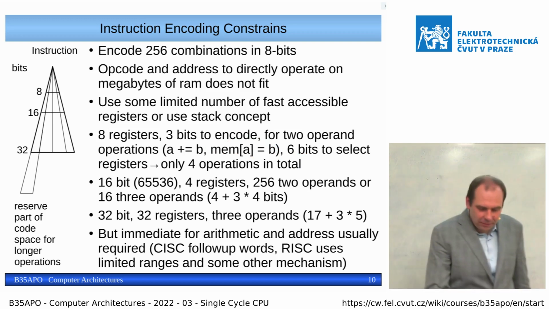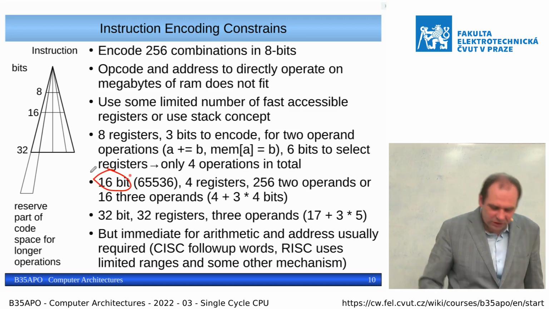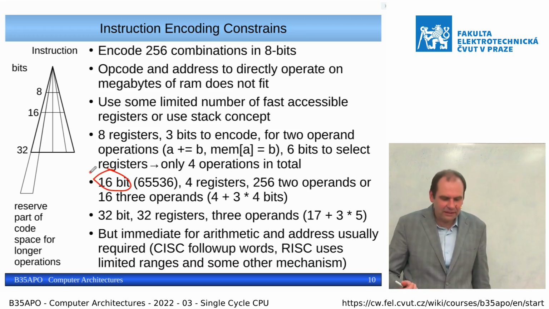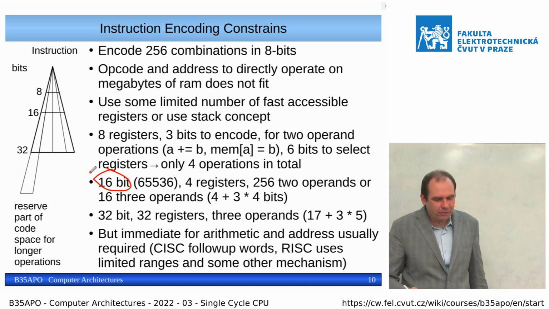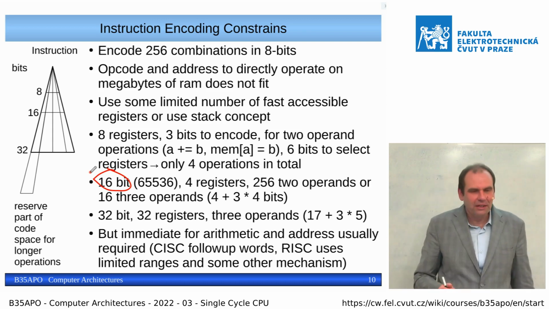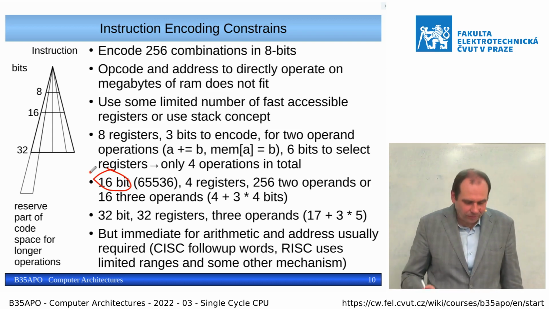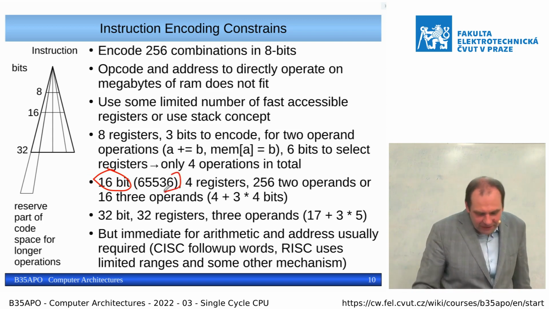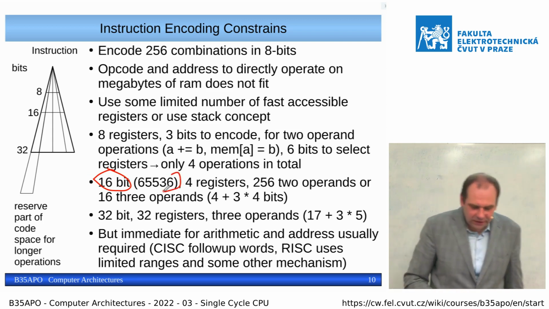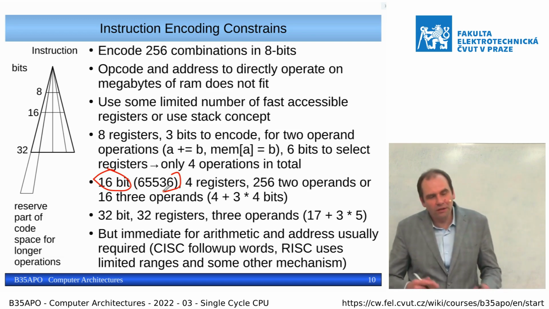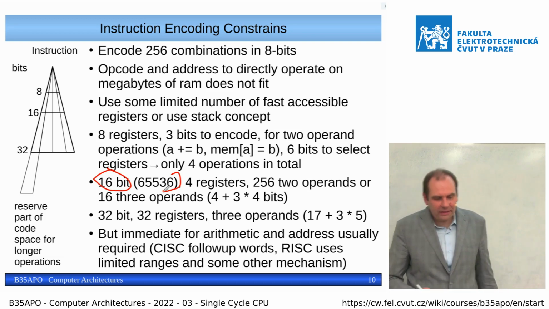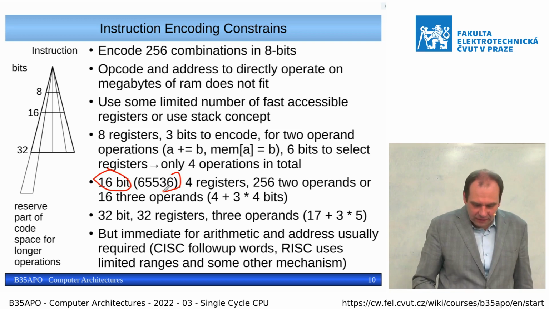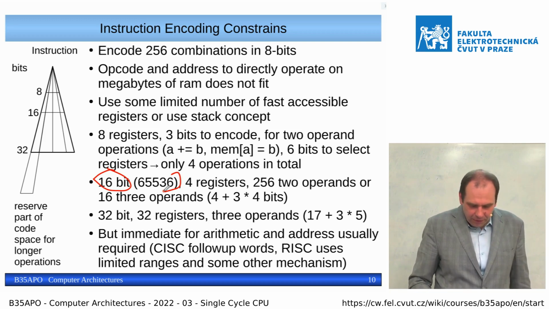For 16-bit, Intel was 8-bit with the 8080, then the actual processor line started as 16-bit with the 8086. So it can basically encode 65,000 combinations. And if you decide that, for example, you have